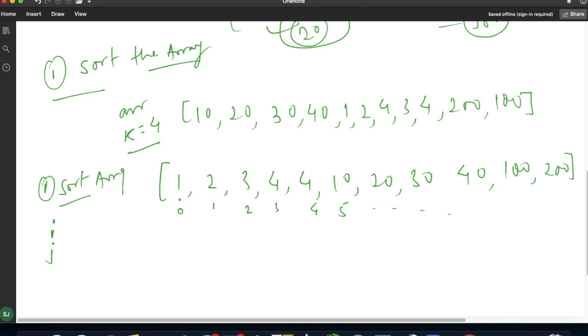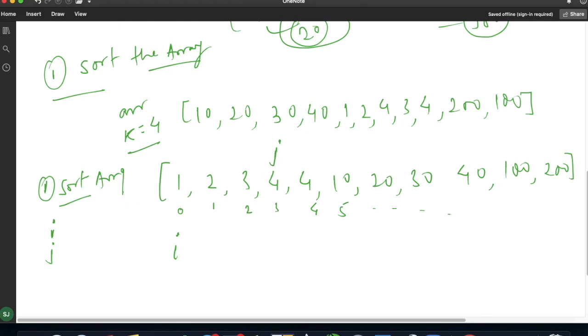So i is at the very first element and j will be at the kth element. K is 4, which means k minus 1, 4 minus 1 will be 3. So j will be here.